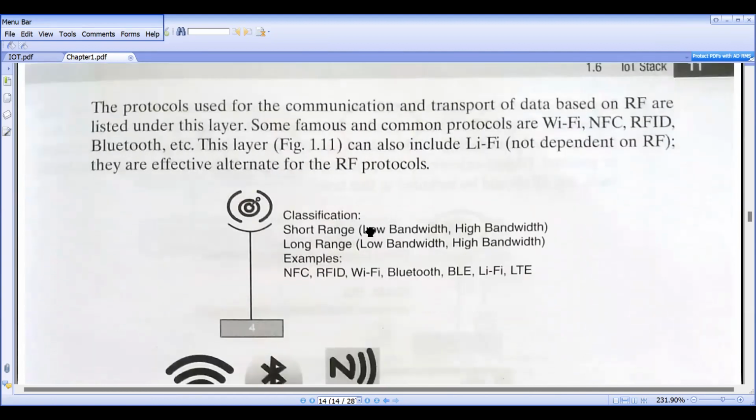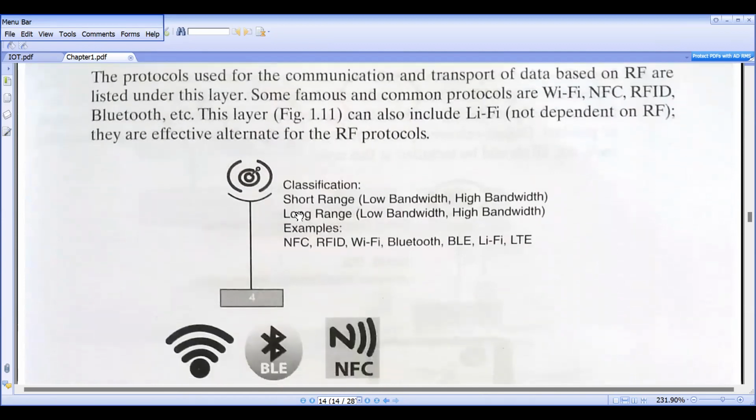So this is the short range. You can use low bandwidth and high bandwidth. Short range, and long range, meaning more distance, each with low bandwidth and high bandwidth. So these are the same. So for short range,